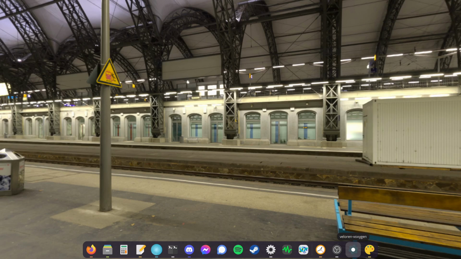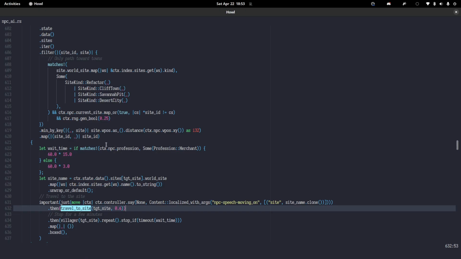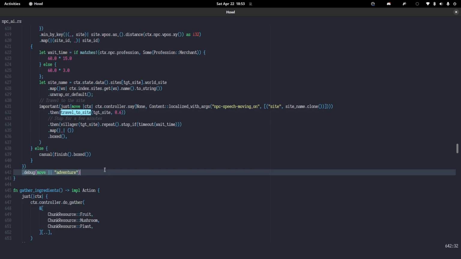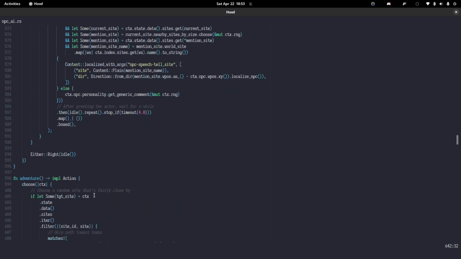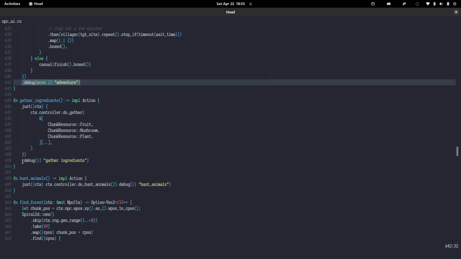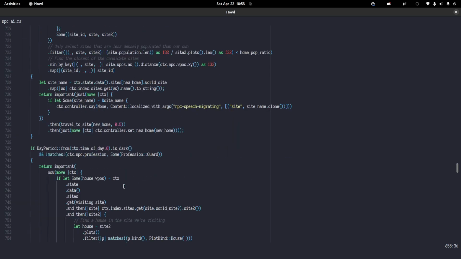Another really interesting thing you can do, because actions are built up in a modular way, we can actually attach debugging information to an action, and it might not be initially clear exactly what this is doing, but it means that,